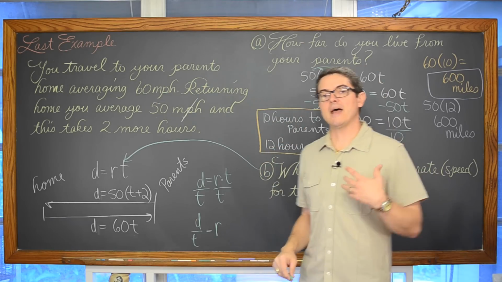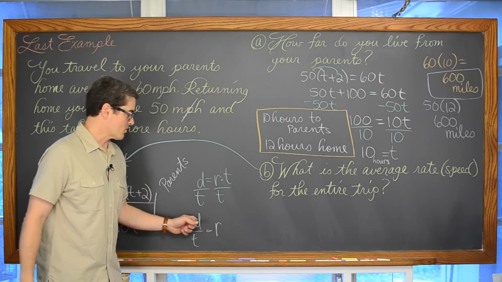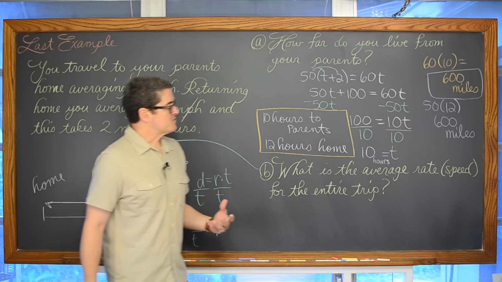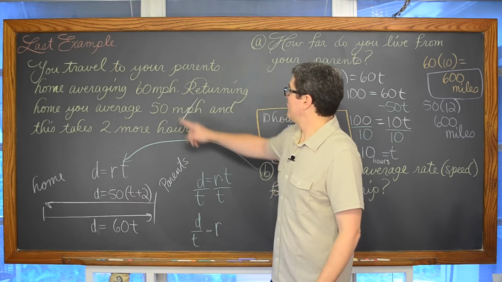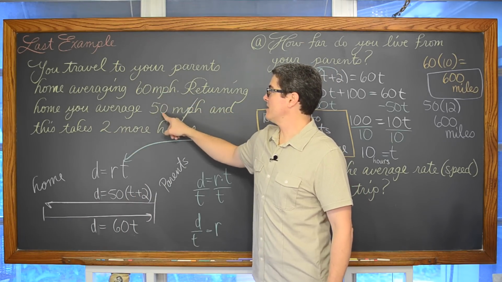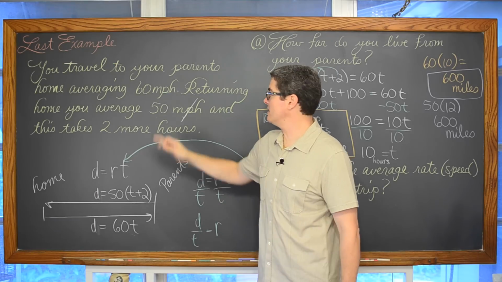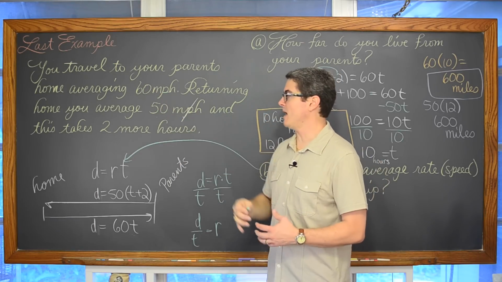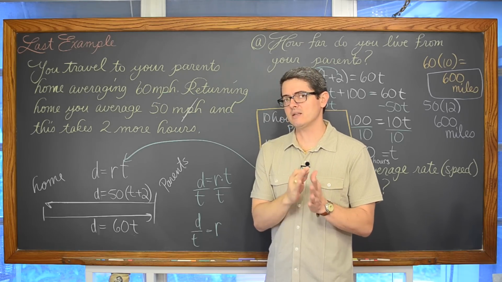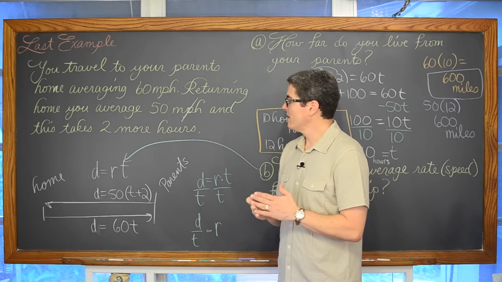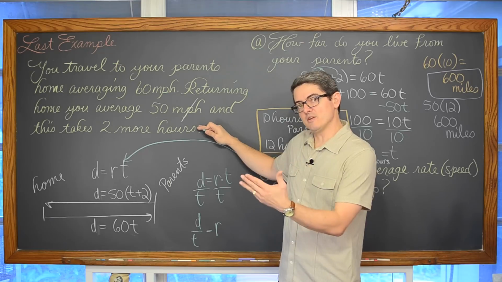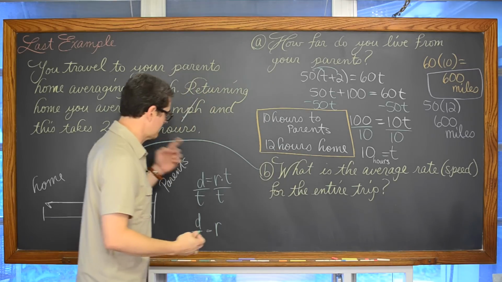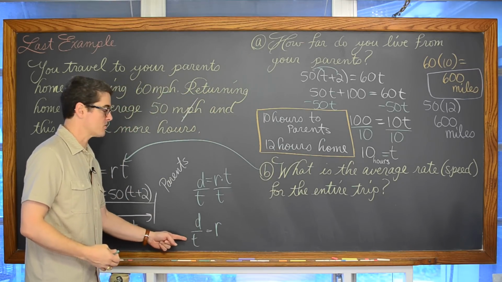Now, if we're talking about an average rate of speed, that's the total distance over the total time. And the average rate of speed is not going to be an average of 50 and 60, because 50 plus 60 is 110, and 110 divided by 2 is 55 miles per hour. Our average is not going to be dead in the middle or dead center because of the time difference. We didn't drive 50 and 60 miles an hour for the same period of time, so we've got to get that total distance over the total time.